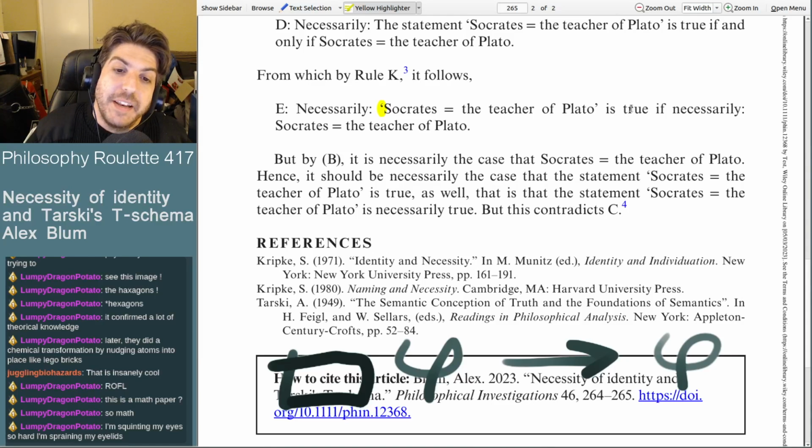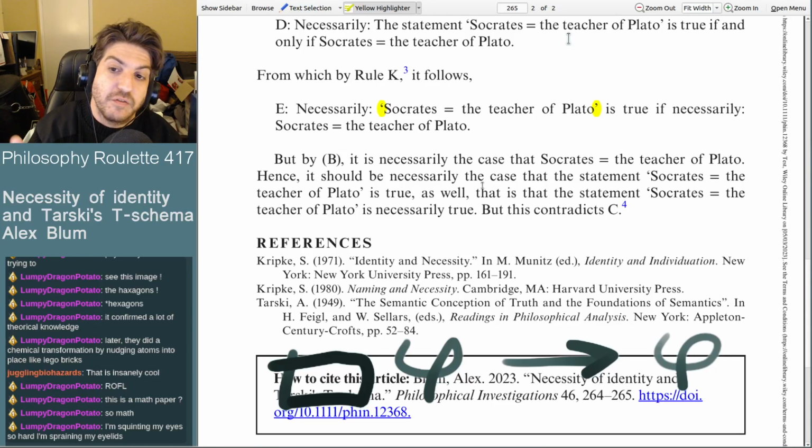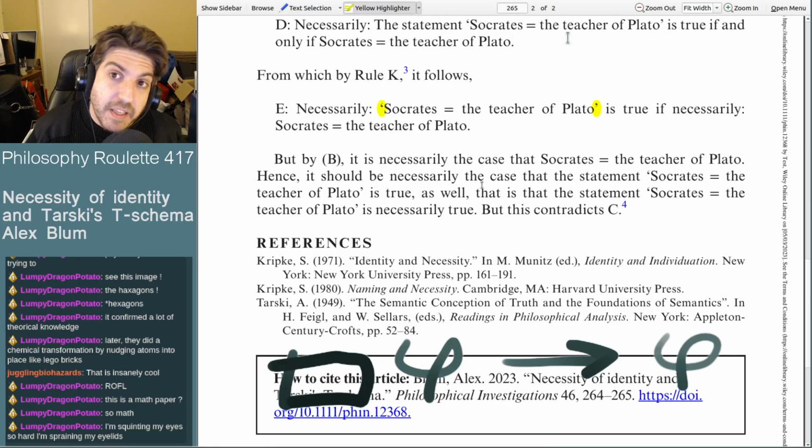So what you're doing is you're dropping the quotations and you're saying, well, look, if snow is white, then snow is white. Like the sentence "snow is white" is true only if snow is white. And so they're doing this in logic because you want to be able to say necessarily the case that the statement "snow is white" is true